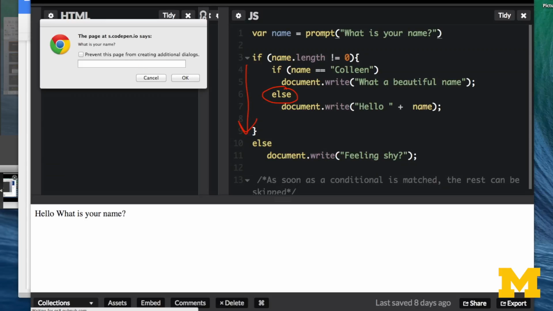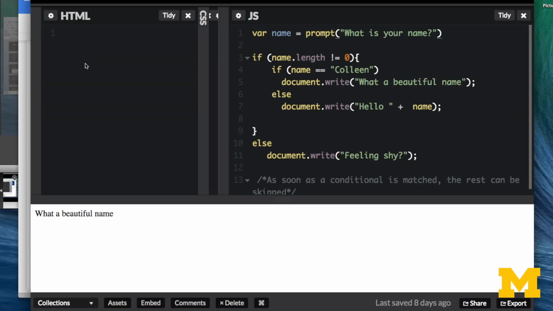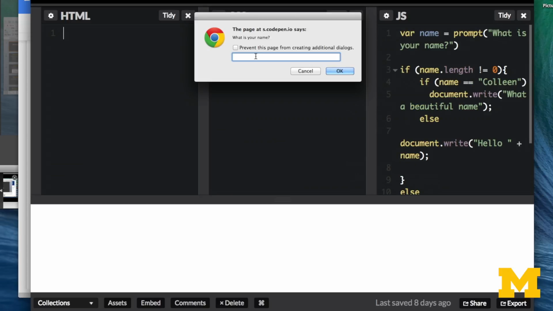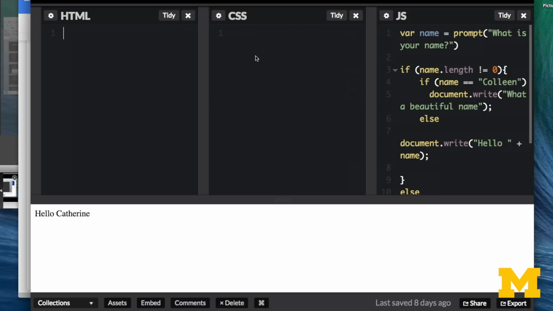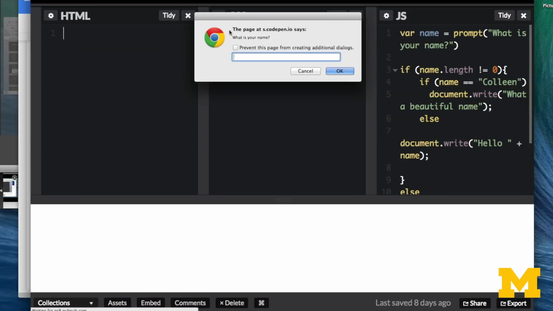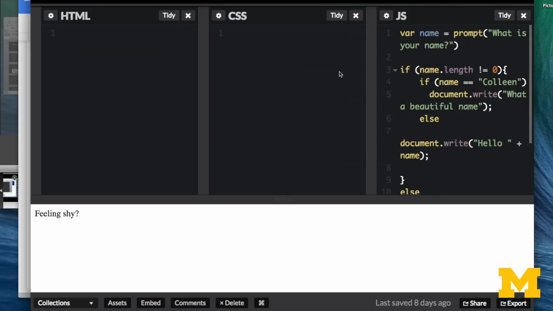So first, let's go ahead and put in my name. There we go, exactly the output we were hoping for. What if I put in a different name? Such as, well, then we get the hello, Catherine. Finally, if I try it one more time and I don't put anything in at all, we get that last